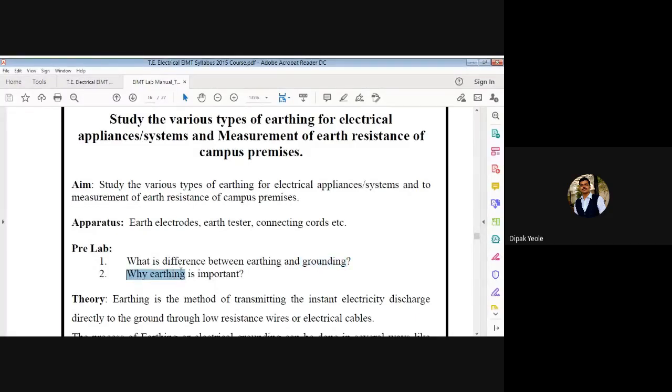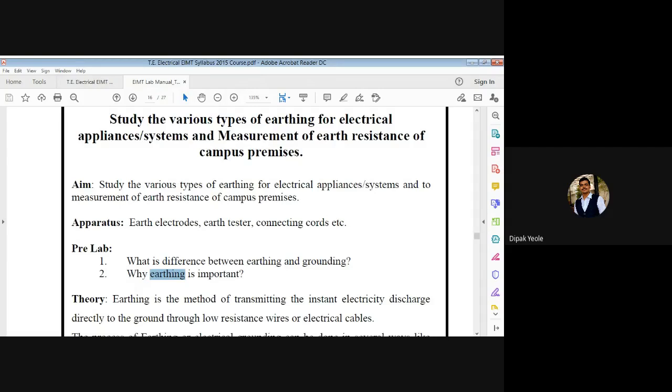Now there is a second question: why is earthing important? We have already discussed this point also. One can say that for safety purposes, there is obviously a need for earthing. For safety, we need earthing for every system. Without earthing, no electrical equipment,